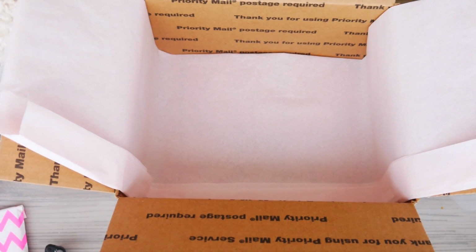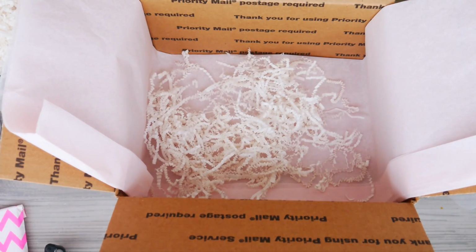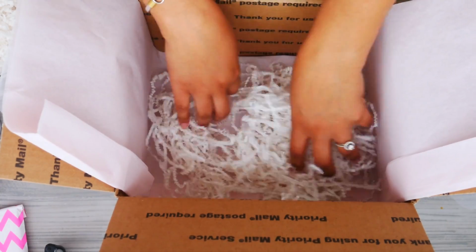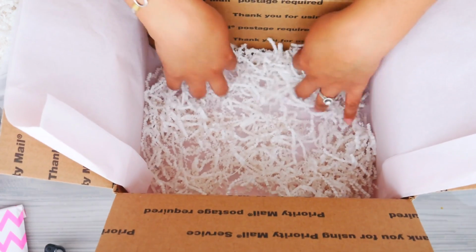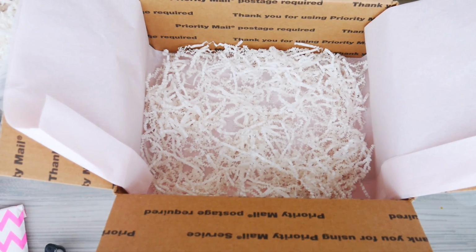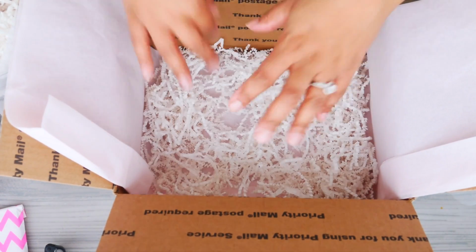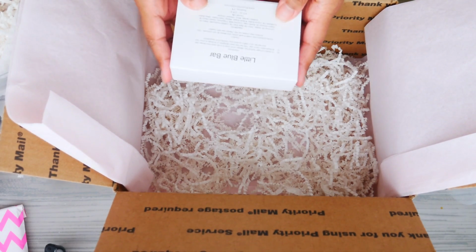So I don't know if you guys have seen any of my decor videos, my office space videos, but I keep it inside of this old water jug I had that really was not very good at holding water because it leaked, but it was absolutely awesome for holding my shredded paper, and it's pretty. So I'm going to put a little bit in the bottom,